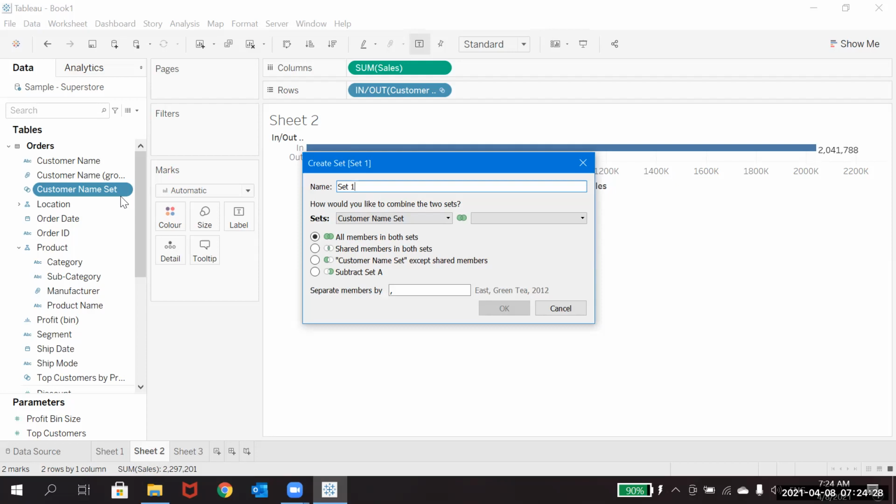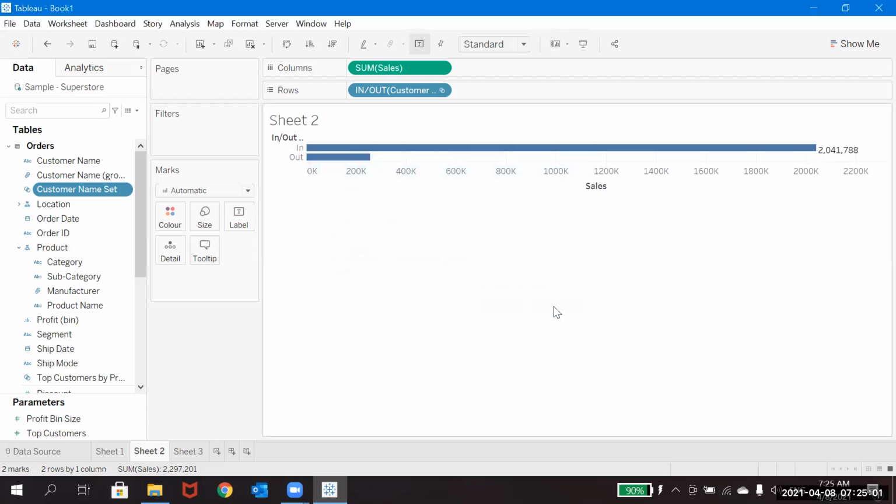Then you can combine them, or if you'd like to show the numbers, like the common customers among bottom and top, you can do that using these sets. Just randomly give it. So this is about groups and sets in Tableau.